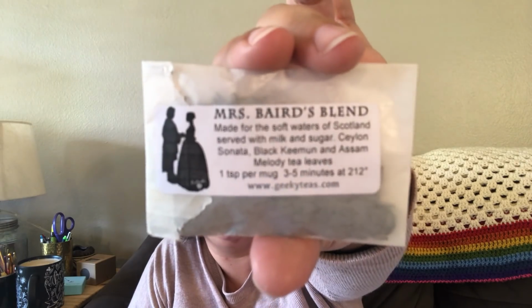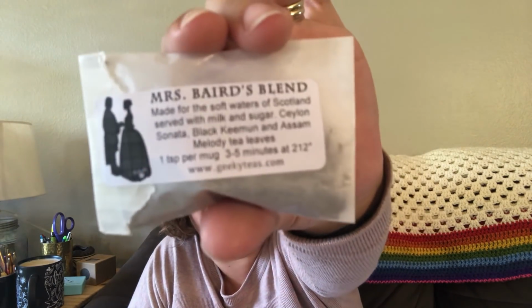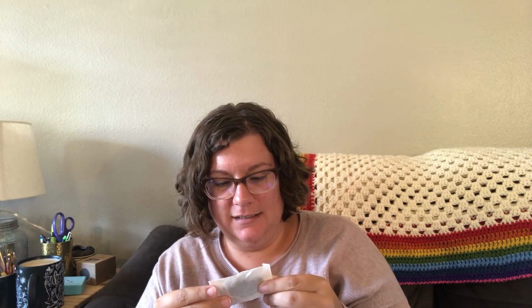So then, like I said, it also comes with some cool stuff. So one is this lovely Mrs. Barrett's Blend, which is an Outlander inspired tee from geekytees.com. And I think that's hilarious, and it smells fantastic. It's just a black tee. And then what they sent in the last box, which I think I showed you guys,